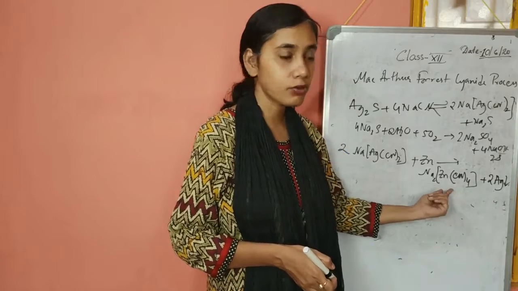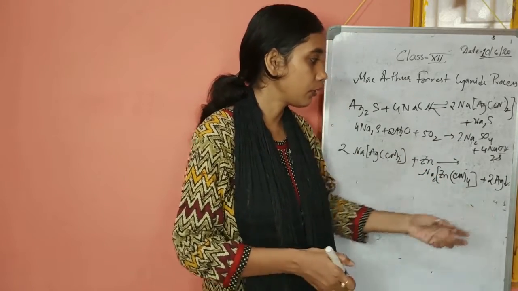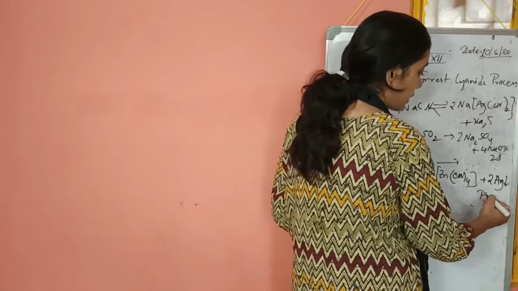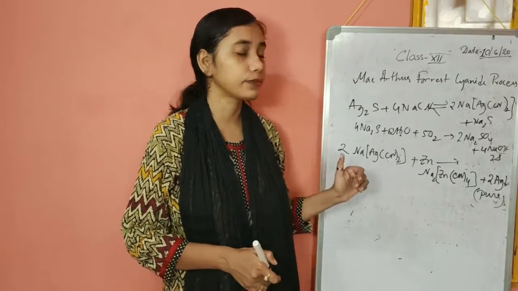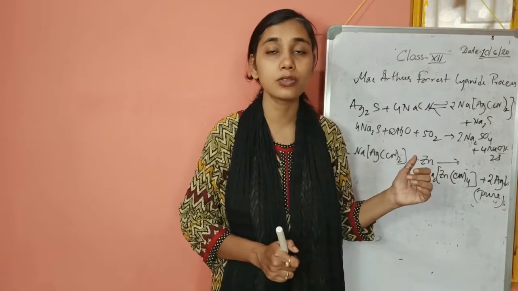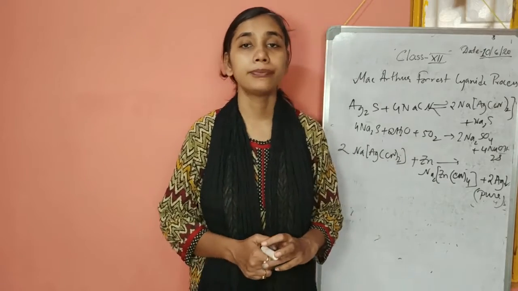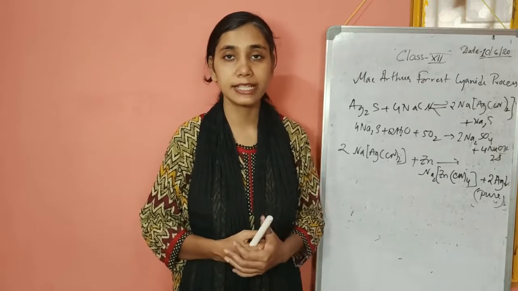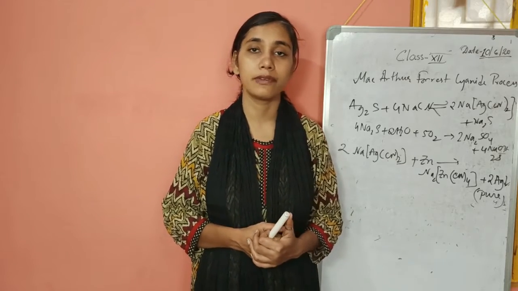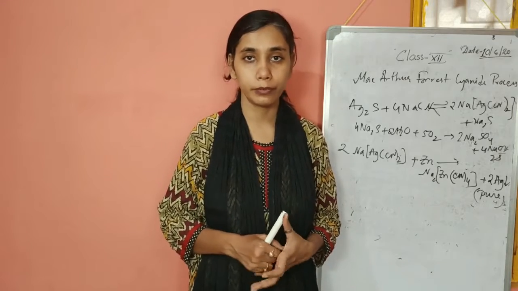This is soluble, and here also that part is soluble. So a soluble complex is formed along with the pure silver. So this is the method by which we get pure silver from silver glance by the MacArthur-Forrest cyanide process. Also it can be applied for gold as well. And if we want pure gold or pure silver from the metallic silver and metallic gold, which is also available in the earth's crust, in a similar way that is treated to obtain the pure form of the metal.